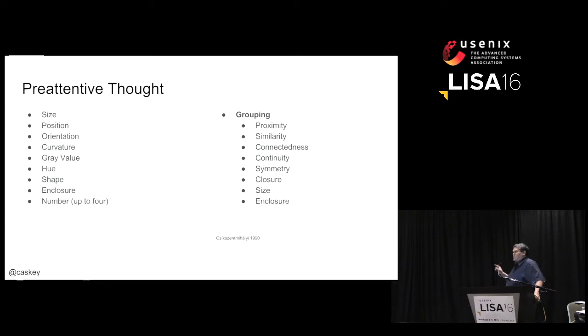It also does grouping, and this is broken out into a lot of different categories of grouping, because the grouping part of your pre-attentive thought, before you even begin thinking about what you're looking at, has already merged parts of it into unique collections that help the type 1 or type 2 thought process then further extrapolate, okay, these things are related and I'm going to think about them as a combined whole as opposed to 9 different elements.